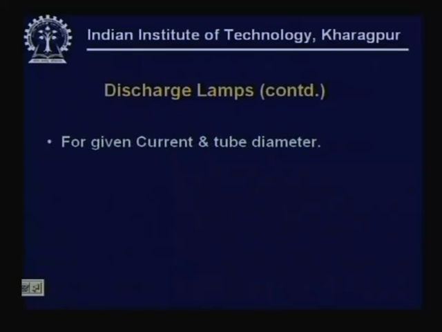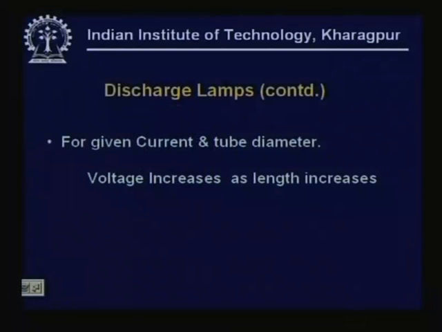Continuing with the fluorescent lamps, the radiation depends on the current level. In fact, we said the luminous flux depends on the arc current, and oftentimes the specification is what we are going to address to begin with. The people who have been using these lamps, not the common man, but the personnel working with the maintenance systems and architects and engineers, are aware of a specification which is mentioned in terms of